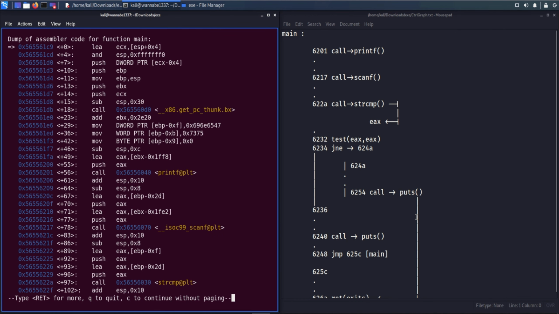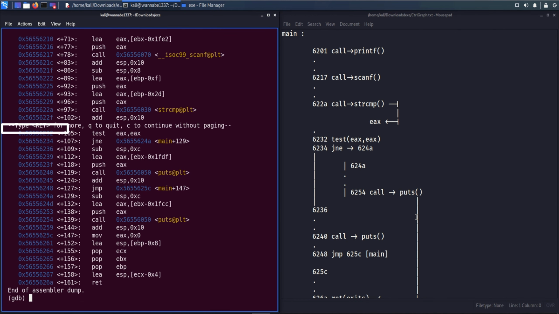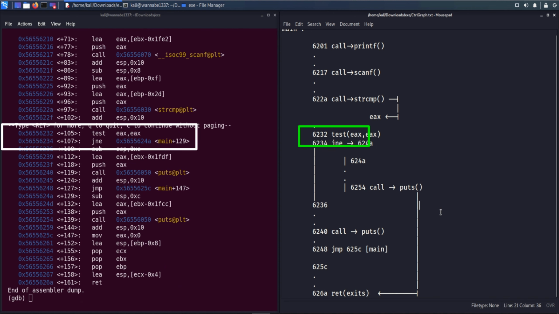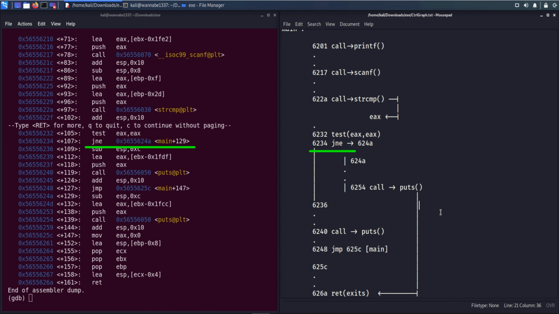Now here, after the string comparison, there is a conditional jump. It tests the EAX register at location 6232 and then it executes the jump-not-equal instruction. The jump-not-equal instruction simply checks the zero flag, and if it is set to 1, it follows the same path and executes the next instruction, otherwise it jumps to location 624A.